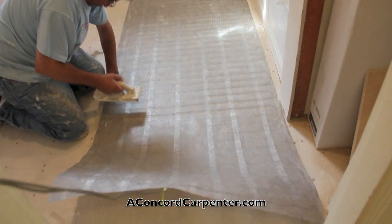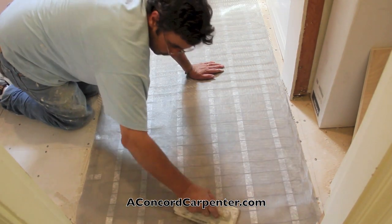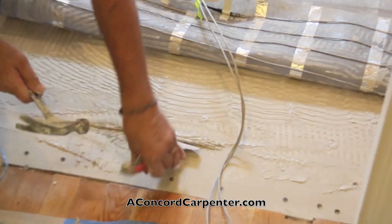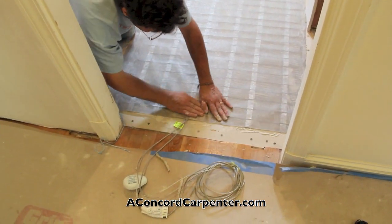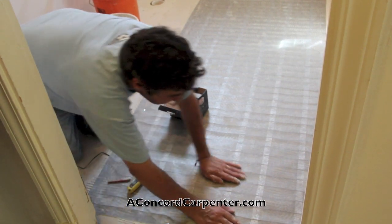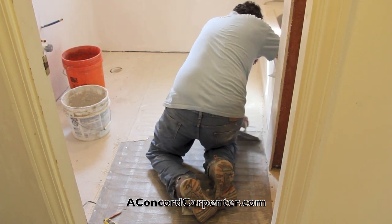One installation tip I want to share with you is where the cold wire leads, the thermostat leads, connect to the mat. There are two connection points there that are a little bit thicker than everything else. So oftentimes we'll take a chisel or a putty knife and we'll just, with a hammer, dig out a little groove in the subfloor so that the mat will flush out at those 2 points. Sometimes I might use a roofing nail to hold down the mat in a rough area, or a utility knife to score a bubble. It all depends on the installation. The final coat of thin set is applied to the top of the mat, and basically you want to ensure that the entire mat is covered and embedded between the 2